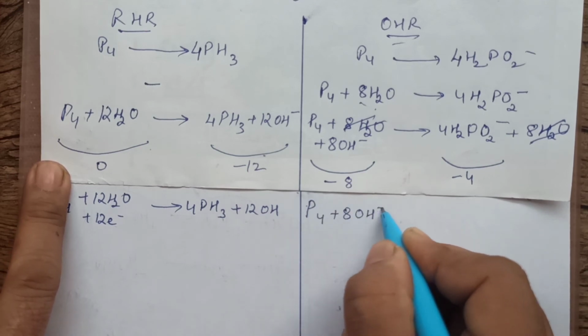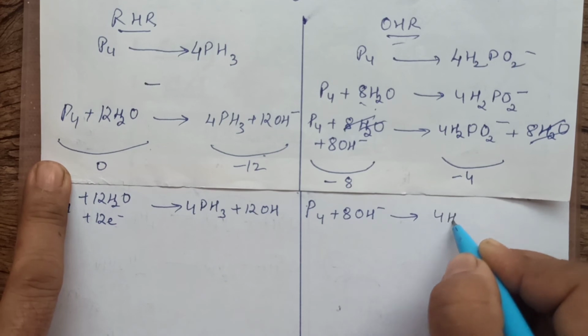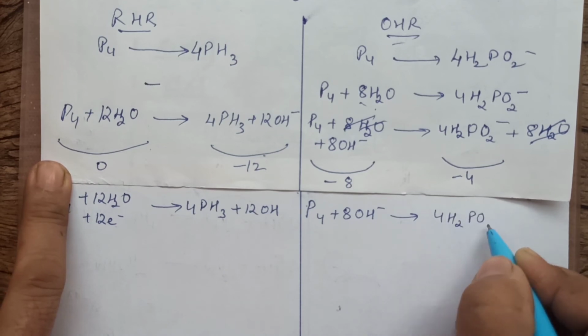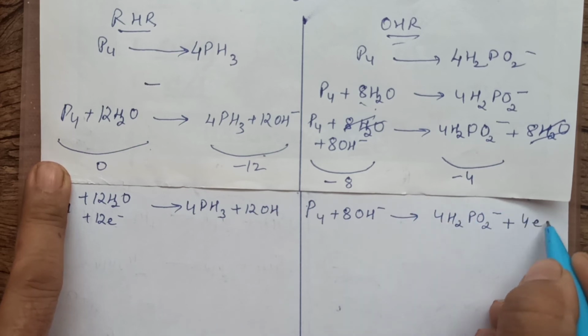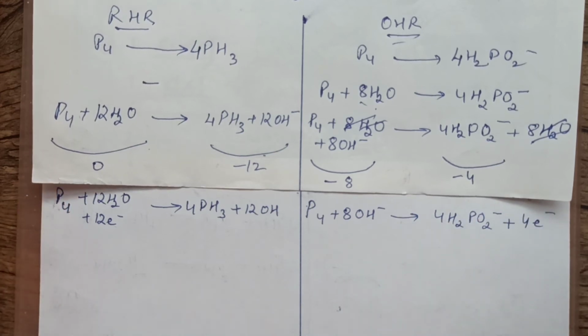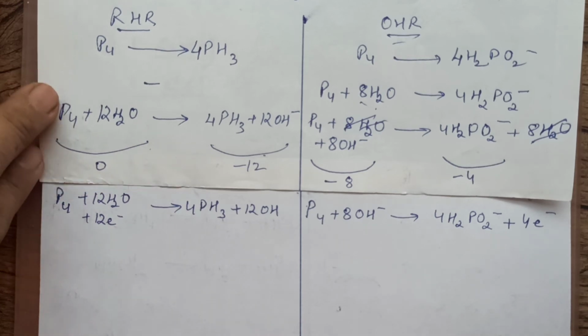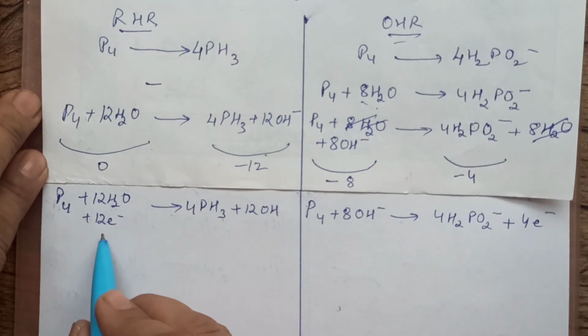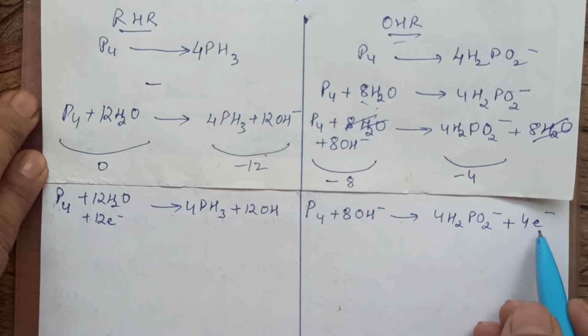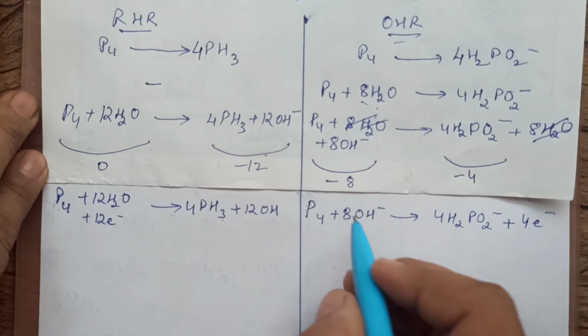Copy down whatever was there previously. Do not miss out anything. If you miss out anything, your answer will be wrong, children. This plus you have 4 electrons. Right? Now you have to make charges equal on the left hand side and right hand side, meaning electrons equal. What is electron on the right hand side? Oxidation of 4. This is 12. Means gain is by 12 electrons and loss is of 4. You have to make loss and gain equal.